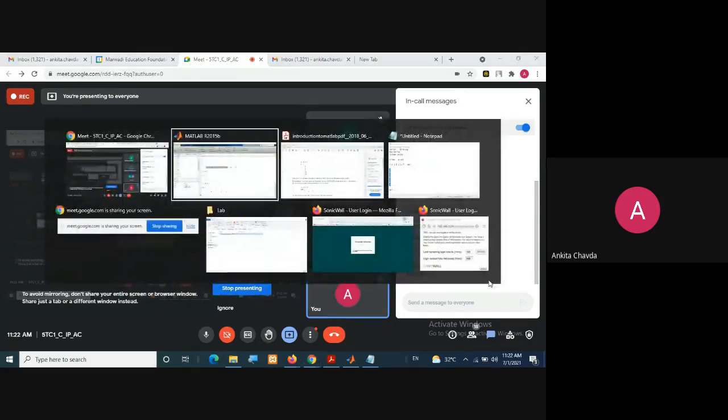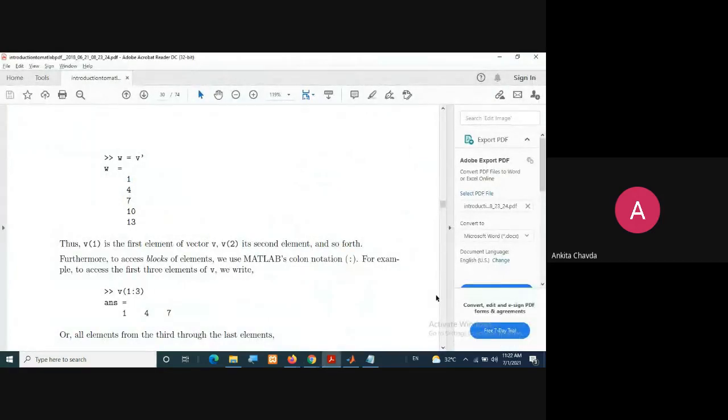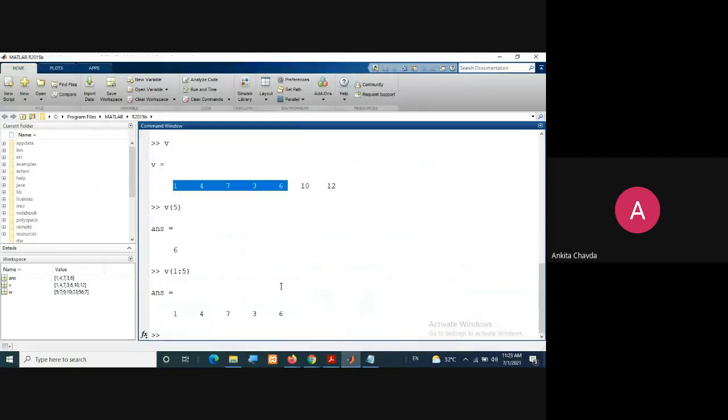Okay. Then if you want from a particular element to the last one, suppose I have entered so many elements, 50, 55, 56, and I just want till the last element, and I don't know what the index of the last element is. So what you want is to print from the fifth element to the end.